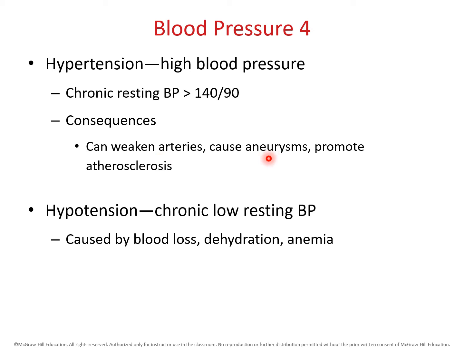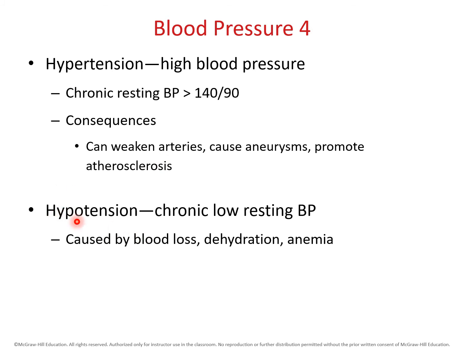Aneurysm literally means the enlargement of an artery when the walls get weakened. Okay, and they also promote atherosclerosis or deposition of lipids in the arteries because the arteries have weakened. When the arteries get weakened, monocytes migrate into the arteries and they attract more lipid molecules into the arteries that lead to